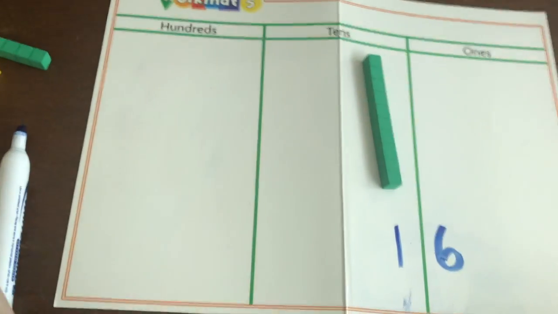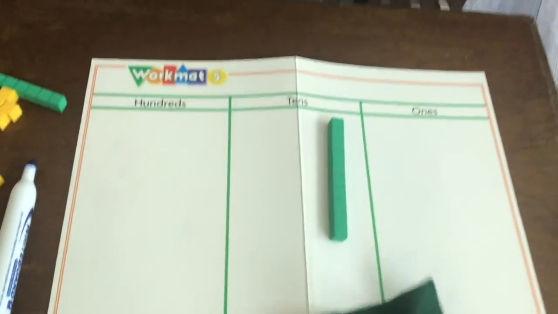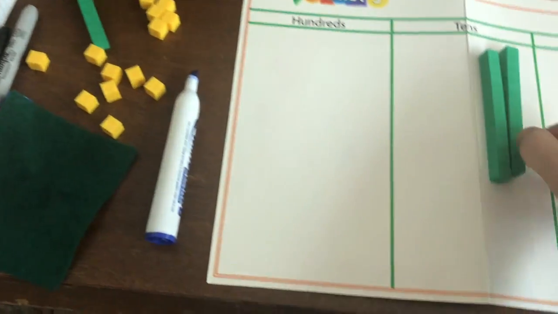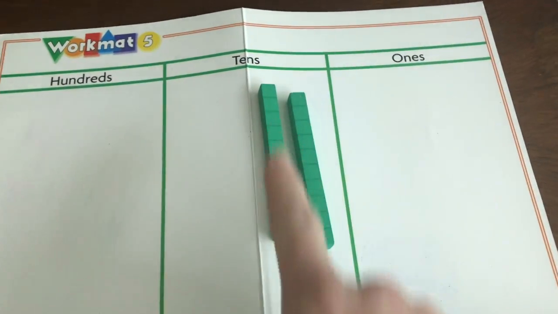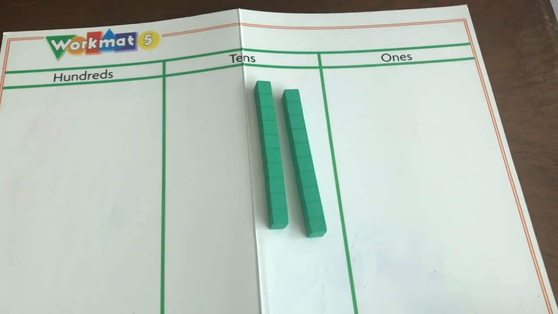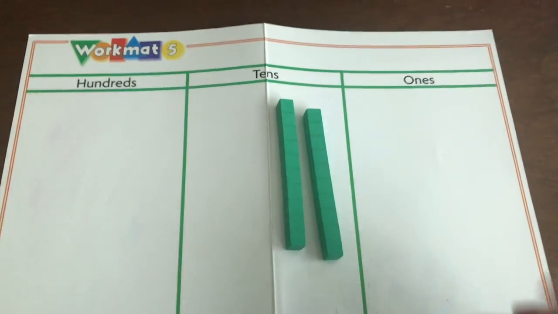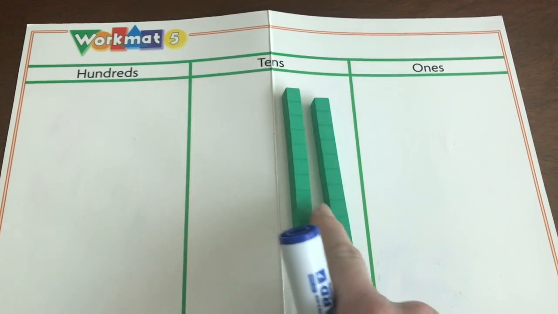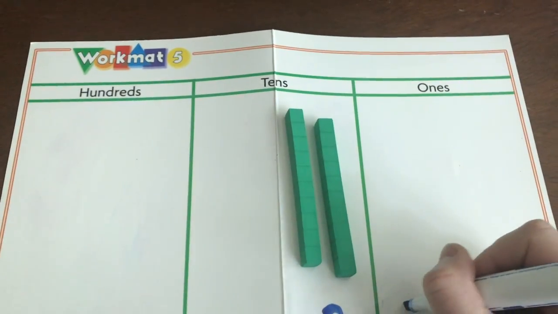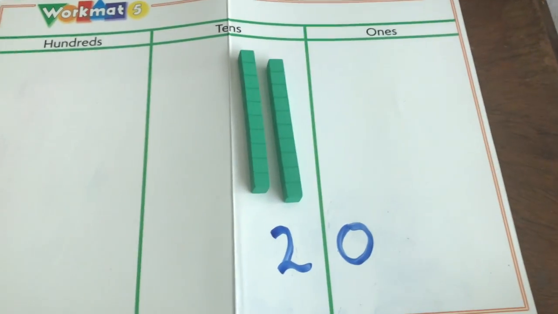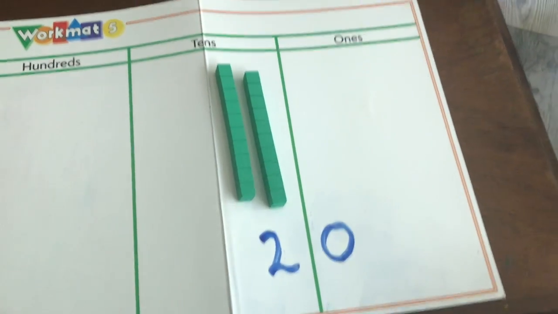I'm going to try to trick you now a little bit. What if we had 2 tens and no ones? What is the number? How many little blocks are all put together there with 2 tens? Think about counting by tens. Okay, so I can get 10, 20. So we have 2 tens and 0 ones. So that makes 20. Did you get that?